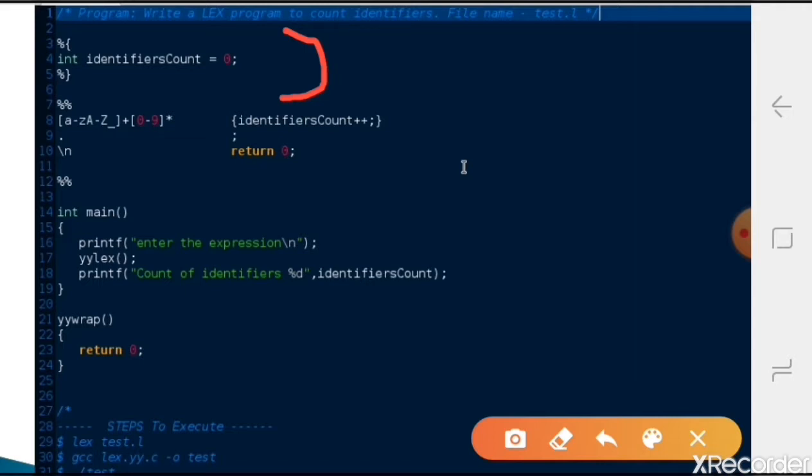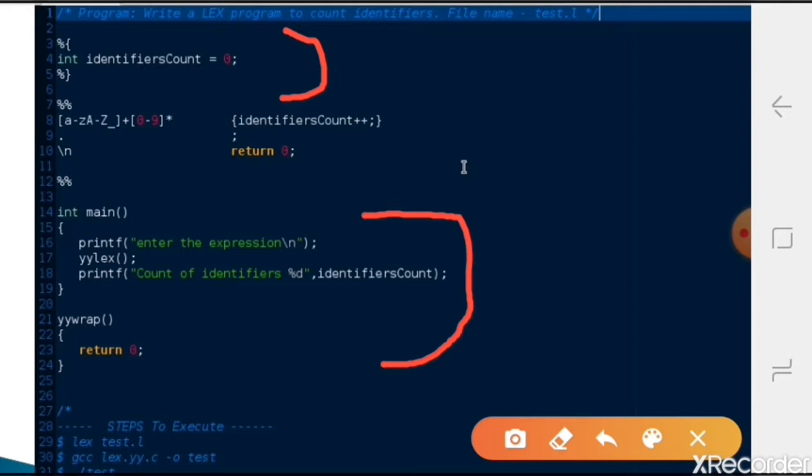The remaining part is the user subroutine section. Here we write the main program, asking the user to enter an expression, which the Lex program will read. We call the yylex function, then print the identifier count we got.